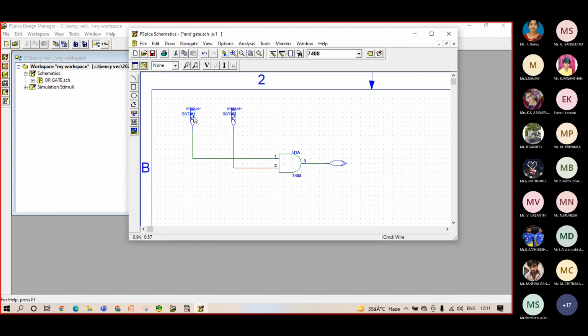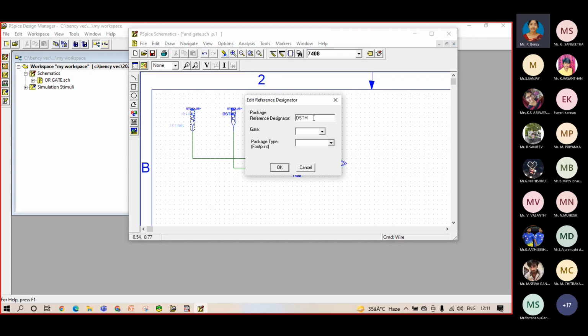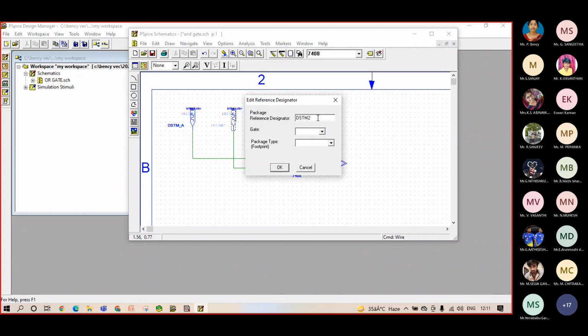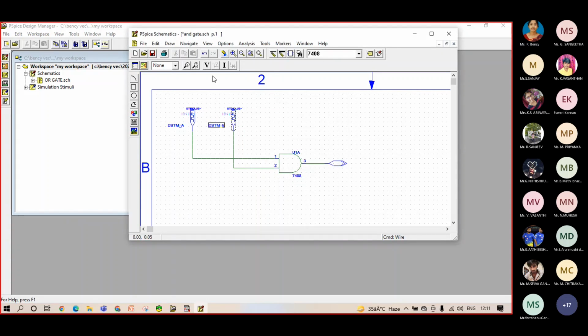Okay. And I'm going to give names for this. As usual, we are giving names like dextem underscore A. Okay. Then for dextem, right. Then we can remove the shadow by using,